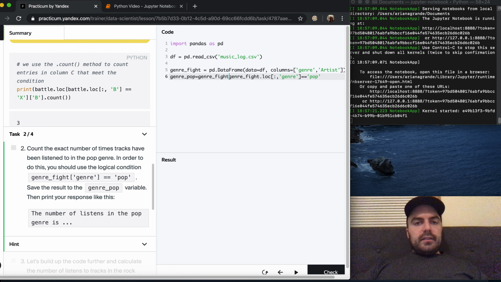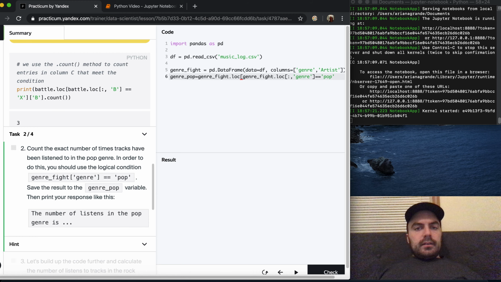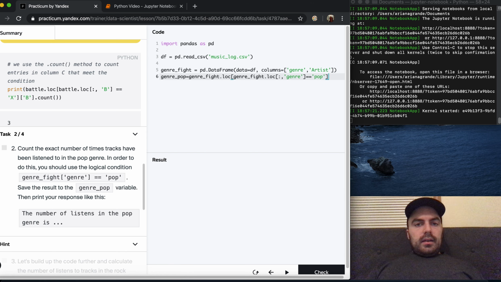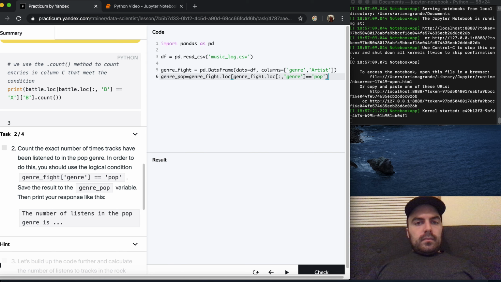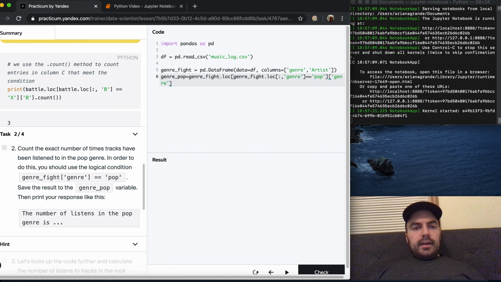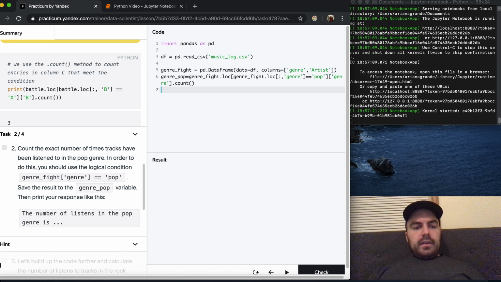So df.loc equals pop, and then now we access the genre category and we get its count. Okay, and then we print